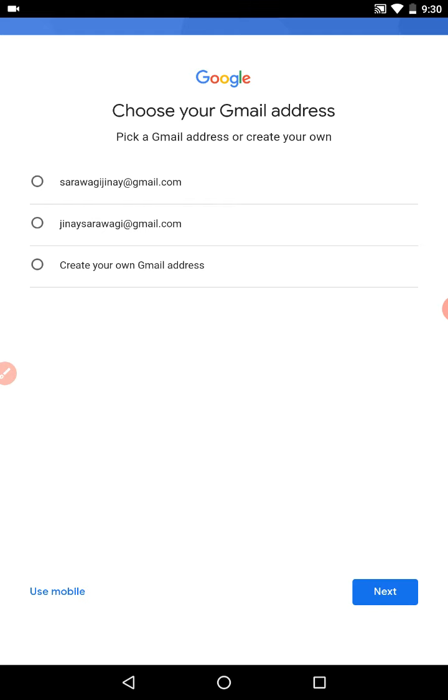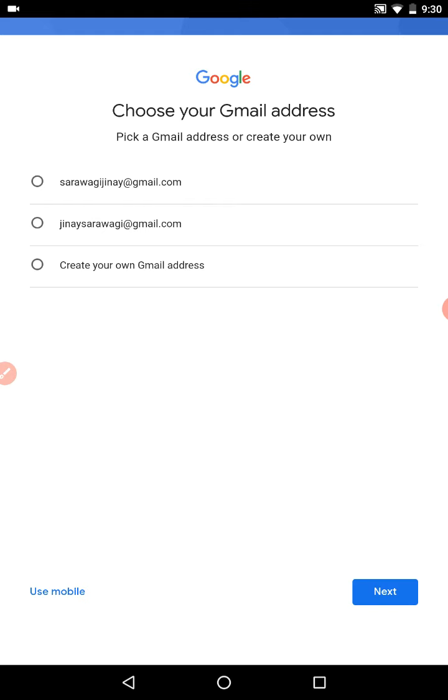Now you have an option here. The main thing is that you can either choose any of these accounts, or you can create your own Gmail address. What Google does is, after it gets your first name and your last name, it will automatically generate some email address for you.